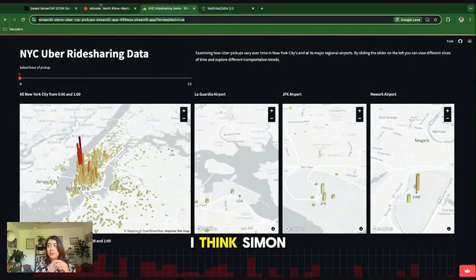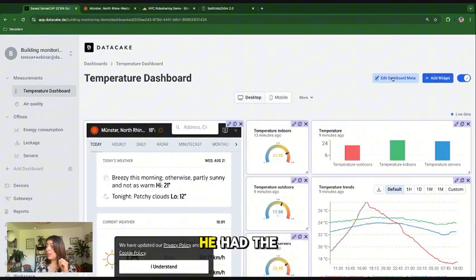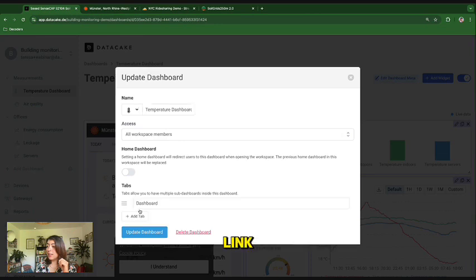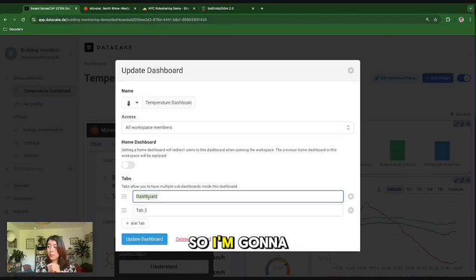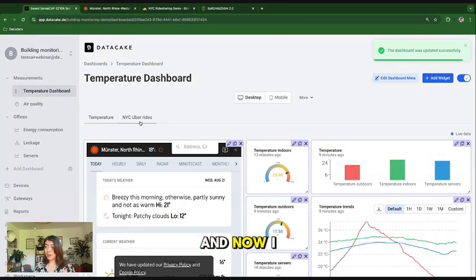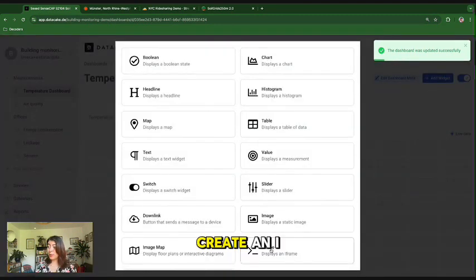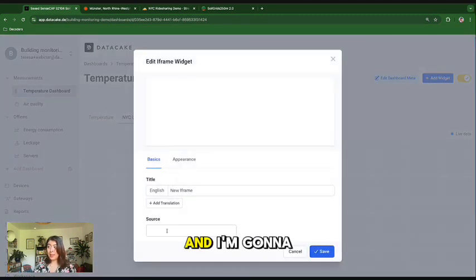I think Simon took it out of somewhere, and he had the link, and I'm going to now enable tabs because I want to create this inside of the same. So I'm gonna say this is the temperature, and this one's gonna be New York City Uber rides dashboard. And now I created a second tab, and in here I'm going to create an iframe, and I'm gonna paste